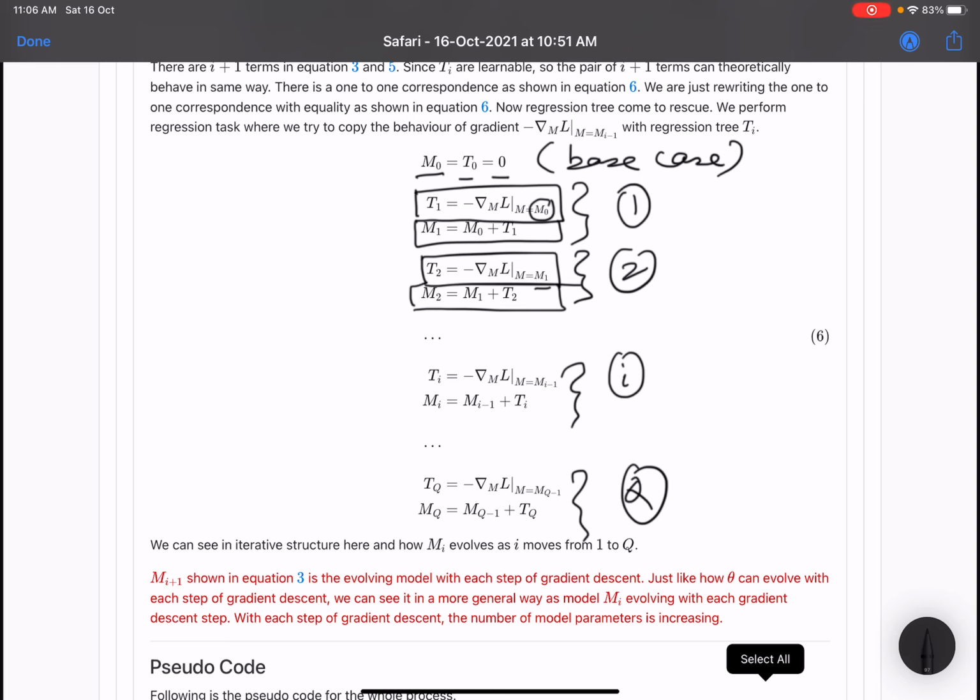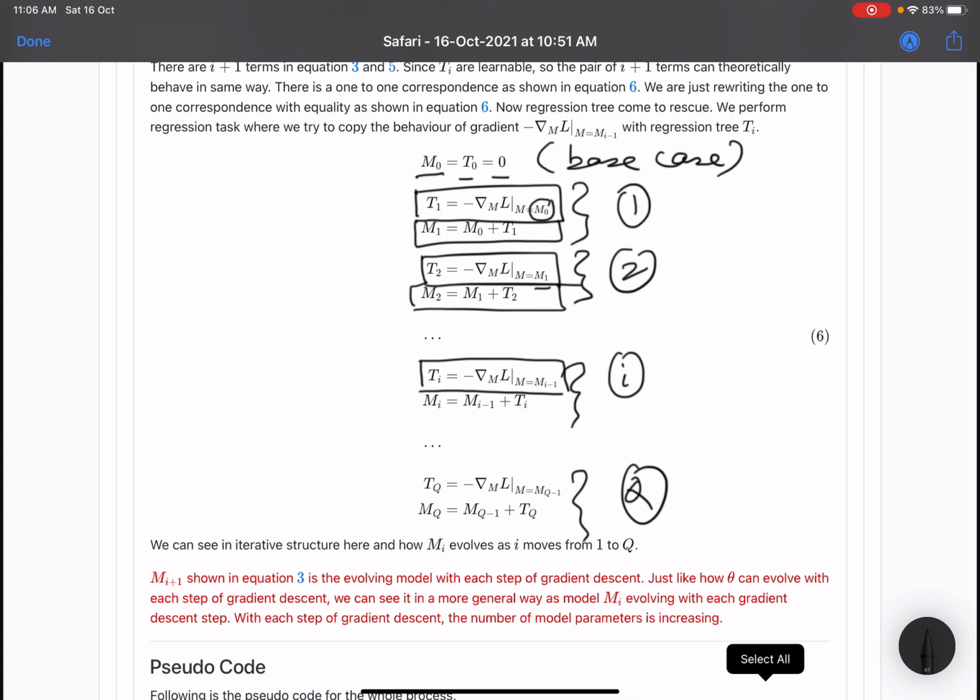And let's focus on how we learn each tree, right? If we focus on only this ith iteration, t_i is equal to minus the gradient of loss at m_{i-1}, right?